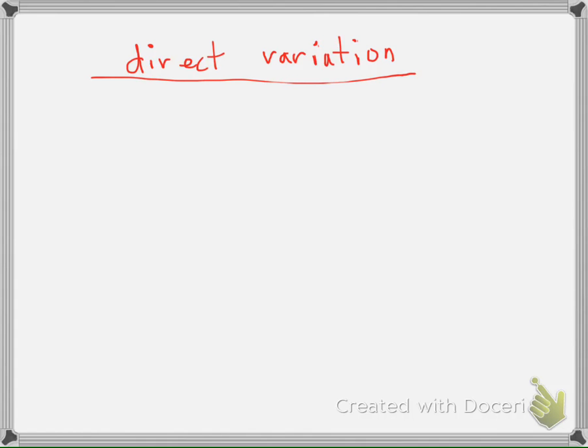I fully expect you to be confused to begin with. What should we label this? Direct variation. Like I said, I fully expect you to be confused starting out. We'll be spending several days on this. I did break up the homework though, so I'm only going to teach you one part of it, but I don't really expect you to have an understanding of the whole concept until we've spent a few days on it. So for today, the most important thing for you to know is that a direct variation equation